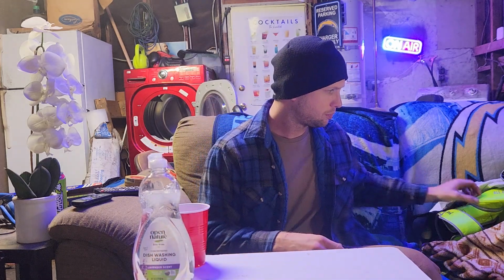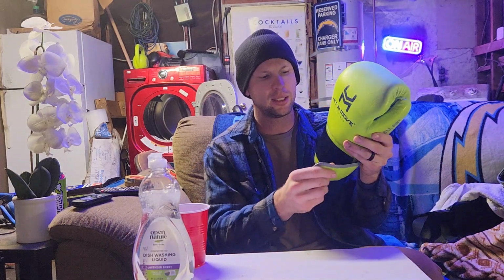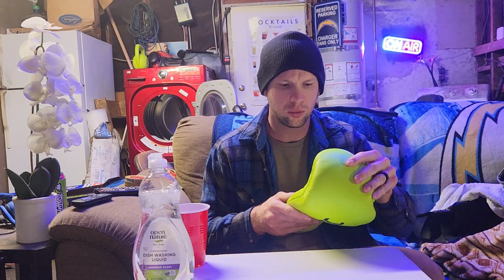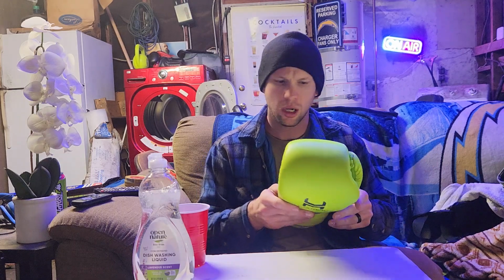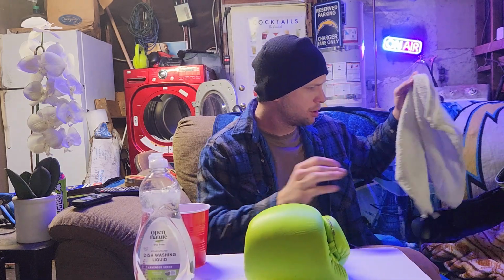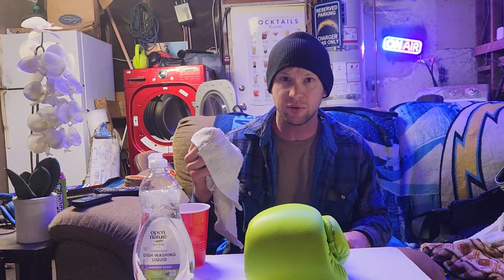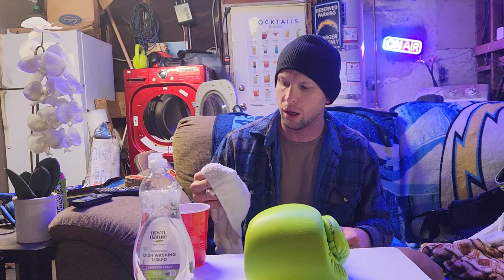Okay, so today I have my all-day hit and move boxing gloves, and I decided, hey, why not give them a clean? They're a little dirty, you know. I usually clean my gloves, I don't know, once a month. But also I have these rags. I'm going to use these, but I do suggest using microfiber cloth because it's soft, and you don't want to do anything abrasive to your gloves. They're not designed to be roughly